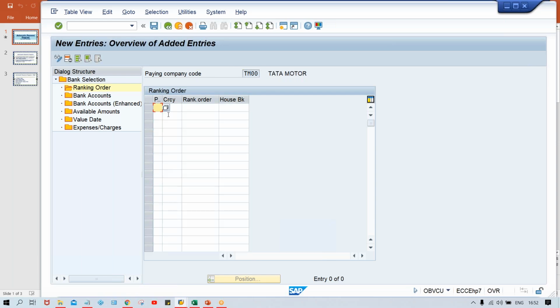So here, first of all, payment method, I'm going to give payment method T that we are using. Currency, you can give whatever currency is there. Rank order, house bank, priority. Priority we are going to give 1, 2, 3, 4. So rank order 1 means